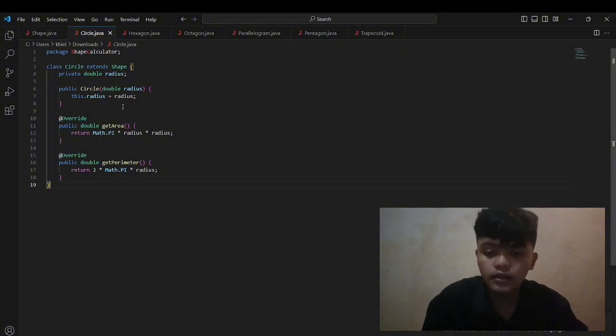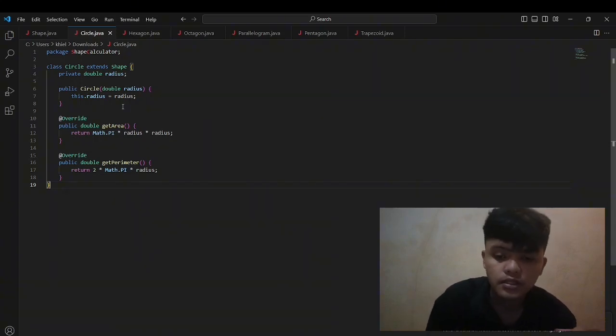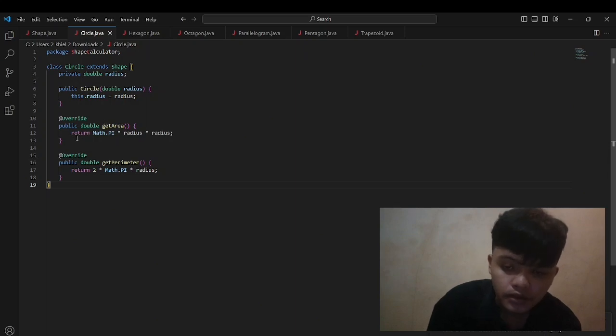The getArea method is overridden to provide the specific implementation for calculating the area of a circle, which is Math.PI times radius squared.